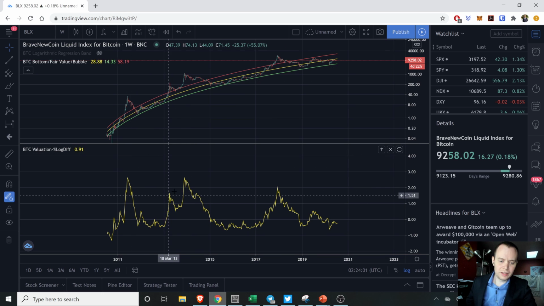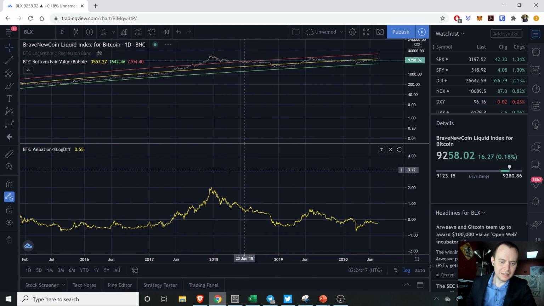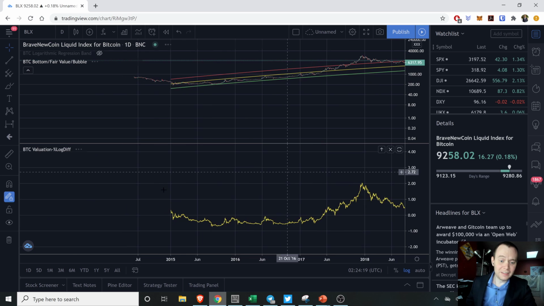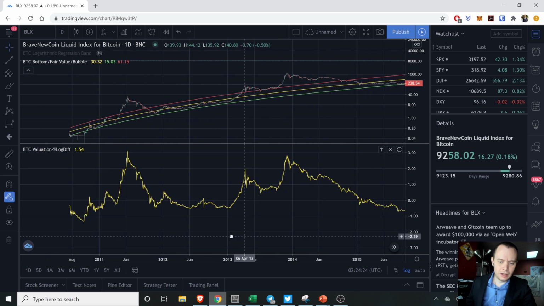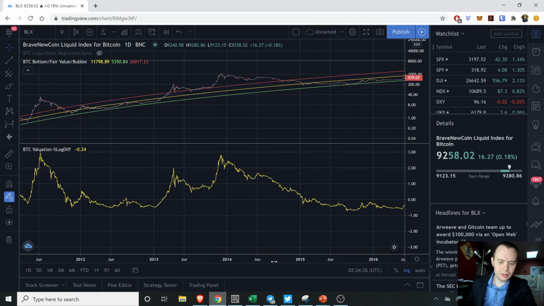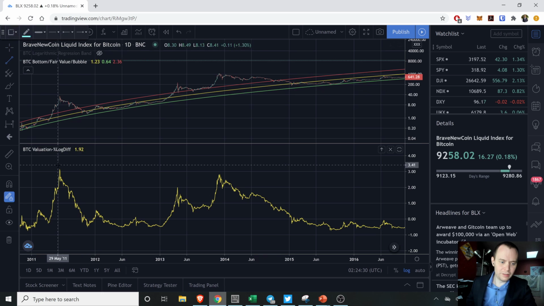But one of the things that you might not be aware of is it looks like on the weekly time frame, of course, that these are similar. You can see they peaked at about 2.65 above the fair value fit. But the thing is that in the first cycle we really spent hardly any time at the top, and because of that, if you view it on a daily time frame, you can really start to see the trend line form. So what we're going to do is draw this trend line.